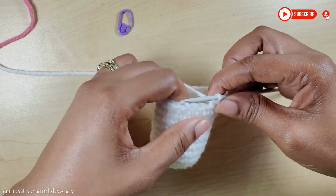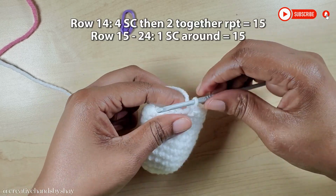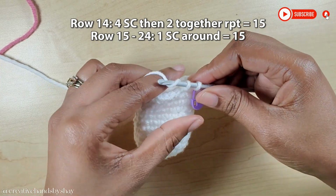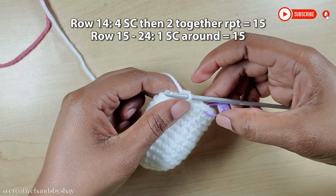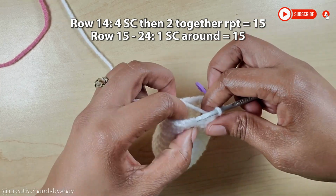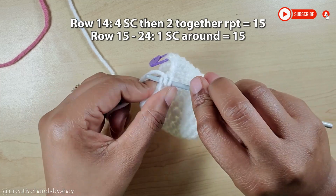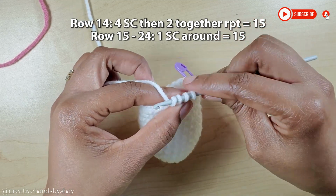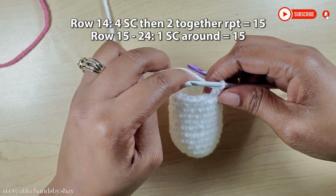So moving on to row 14, we will do 4 single crochet in each stitch. So that's 1, 2, 3, and 4. So 4 single crochet in separate stitches, so I don't want you to get it confused. So you'll do 1, 2, 3, and 4 in separate stitches, and then you will do a decrease in the next. So you should have a total of 15 single crochet at the end of row 14, and then from row 15 to row 24 you will do